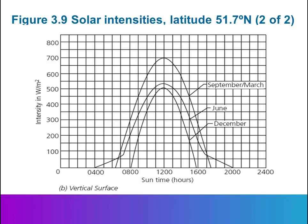For vertical surfaces, the peak solar intensity occurs in spring and autumn, around the time of the solstice. Most solar heat gain to buildings is by direct radiation through vertical windows. This heat gain via windows can, if used correctly, be useful for winter heating in temperate zones. What it simply means is this: a tall glass building in Europe is suitable for that environment, but totally inappropriate for tropical zones. And if you try and do the same in Africa, you end up with more than